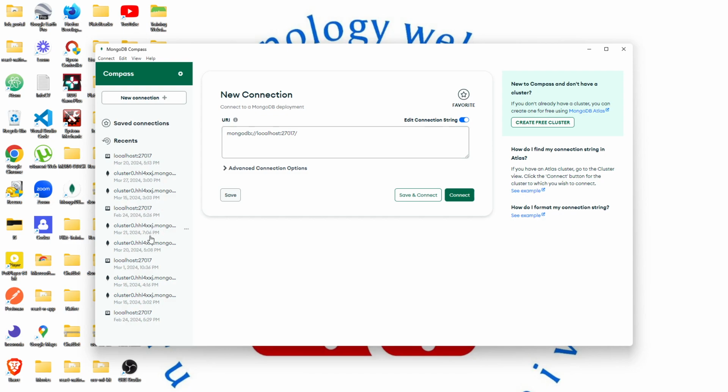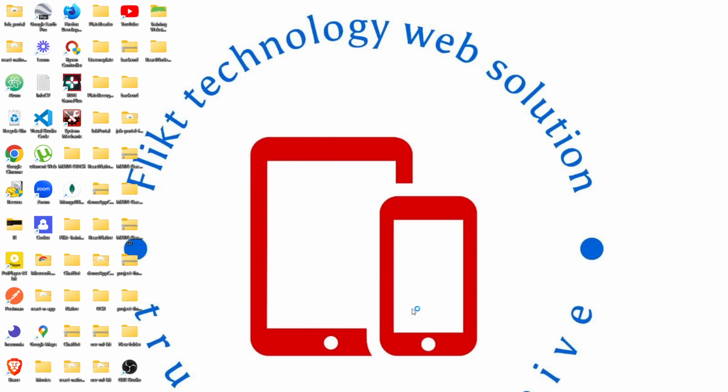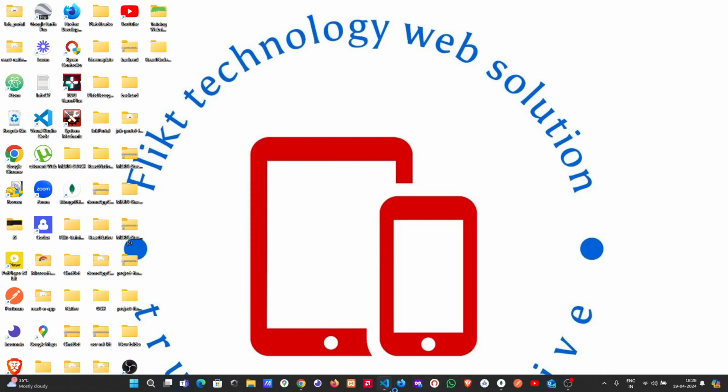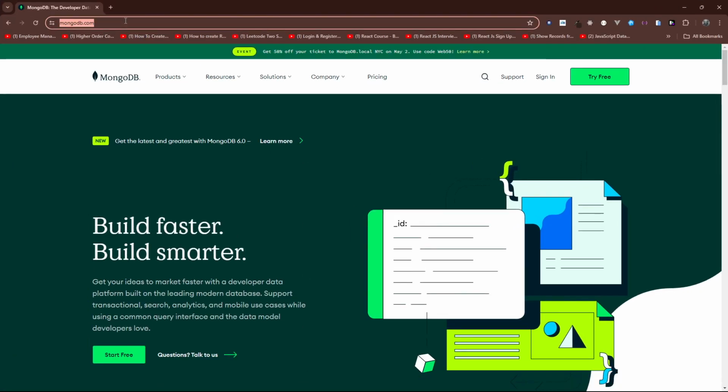I have a lot of data here that has been used, and it's better to use Compass because it gives you more access, more authorization, and is more secure. Cloud is also secure, but we know that anything can happen. So in this case, if you want to install MongoDB, just go